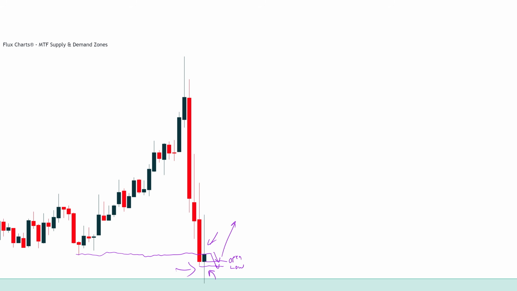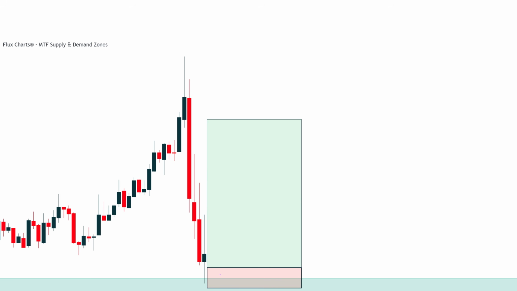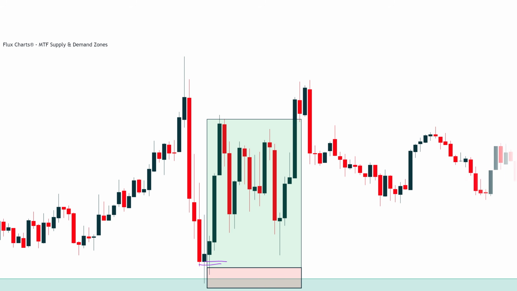Then our setup will look something like this. We put a limit order here or here. Then we wait for the market to do whatever it's trying to do. That's the only way you can try to understand how to make entries. It all depends. So another thing is that if we look closely around this area,